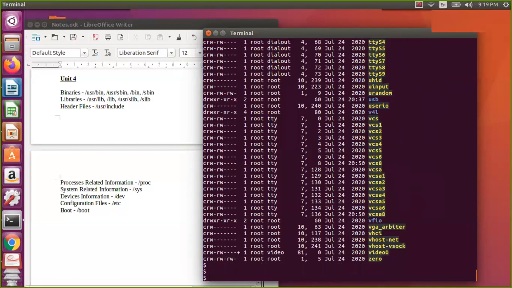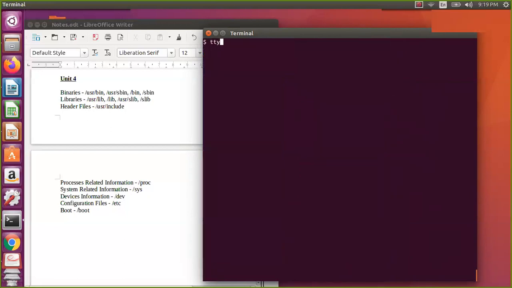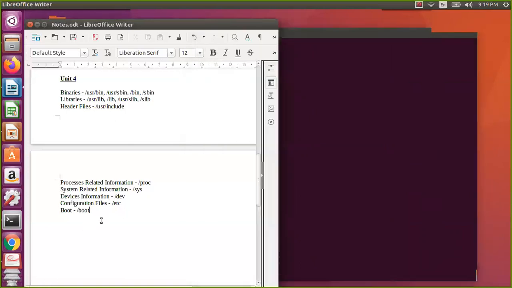So let us check. If I want to know my terminal, I will say tty. tty stands for terminal type, which is derived from the word teletypewriter.